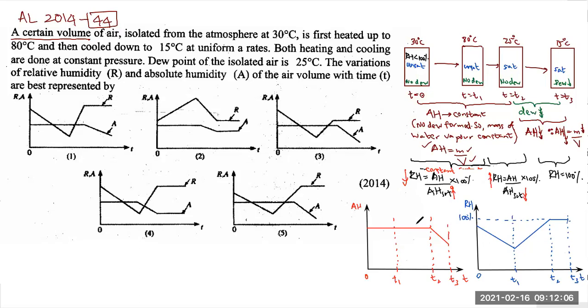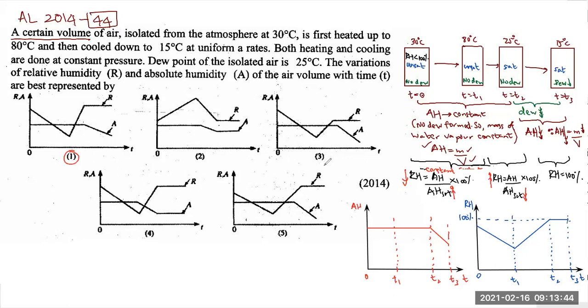So when you compare these two graphs, which one do you think is the most appropriate answer? Looks like the first one to me. If you put all these things together, it looks like the first one. Now, out of the answers, the closest answers we can think of are one and five. The second is definitely wrong.